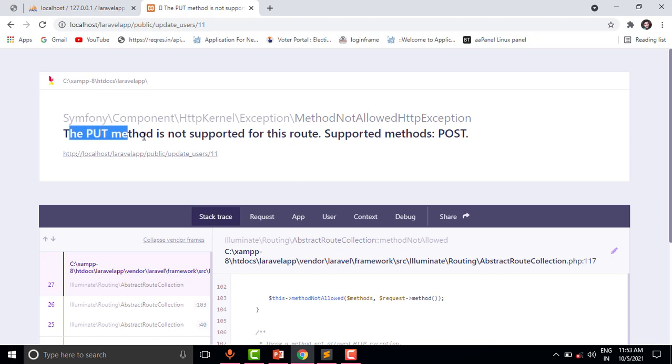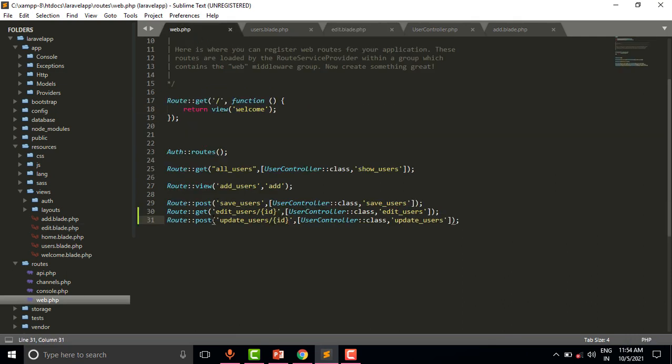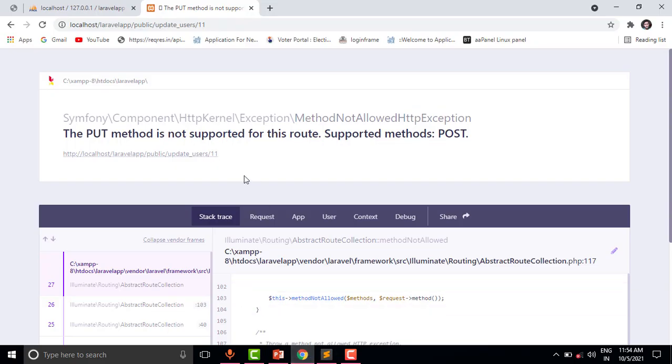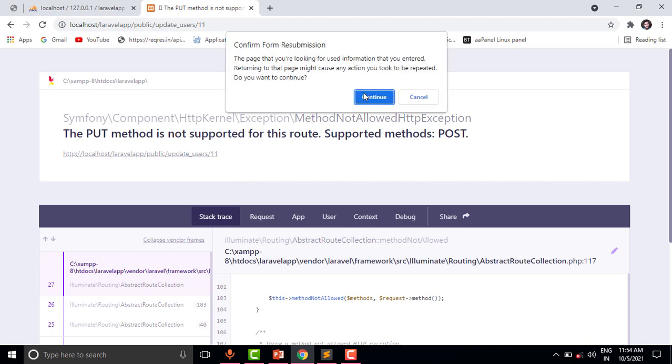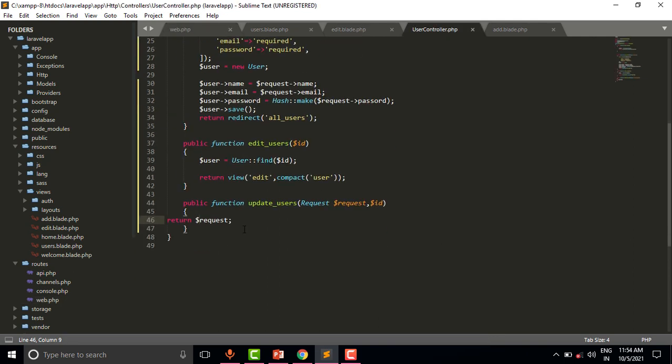Now you can see we are getting this error because we are using the put method in the edit view, this one, and in the routes we have used post. Now we will change this post to put. After changing, when we refresh this page, now you can see we are getting the record which we have returned from the controller.